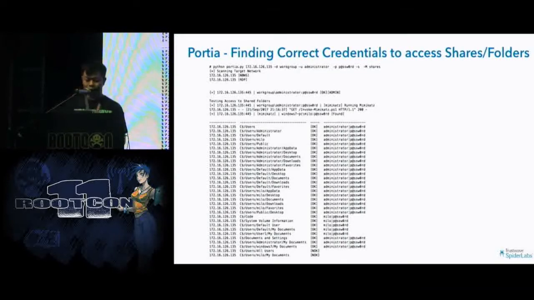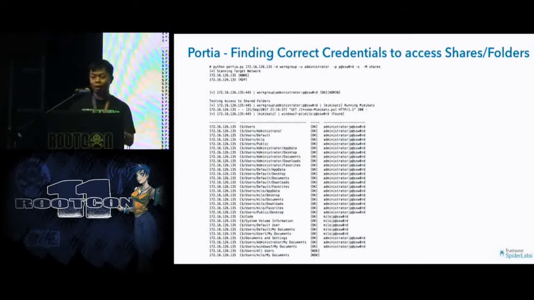So what we have here is sometimes in the network, we find some folder that says finance, card data, or password. So how do we get access to it? Sometimes the account credential that we have is an admin account, but it doesn't have access to the folder because probably the group membership requires you to be part of the finance group or HR group or something like that. So what this does is you supply the password and then it tries to